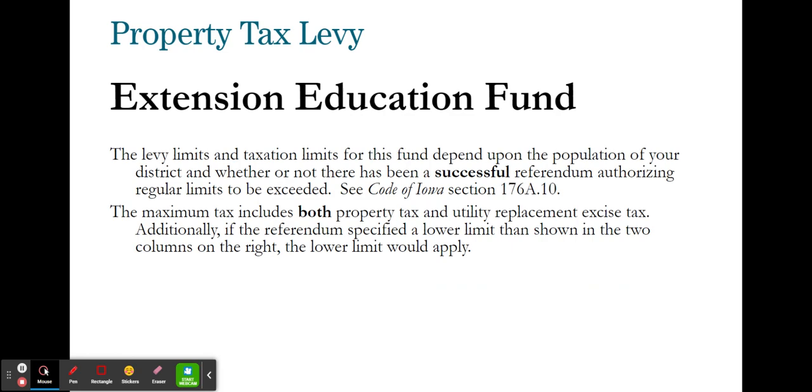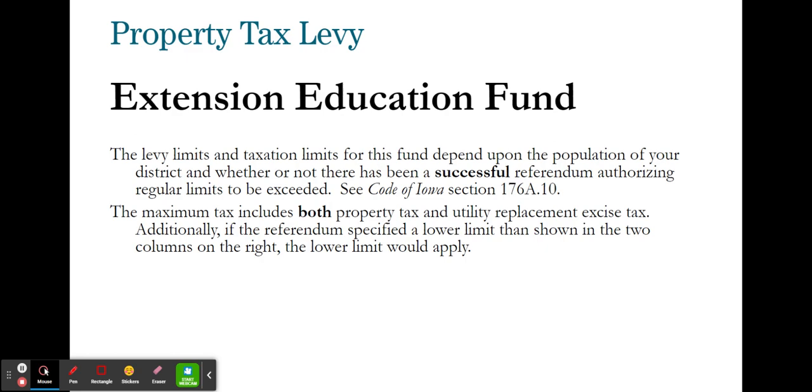So, just to jump into the property tax itself, the main levy that ag extension districts use is the Extension Education Fund levy. And the levy limits and taxation limits for this fund depend on the population of your district and whether or not there's been a successful referendum authorizing the regular limits to be exceeded. This is all described in section 176A.10 of the code, and to my knowledge, everyone is still operating under a successful referendum